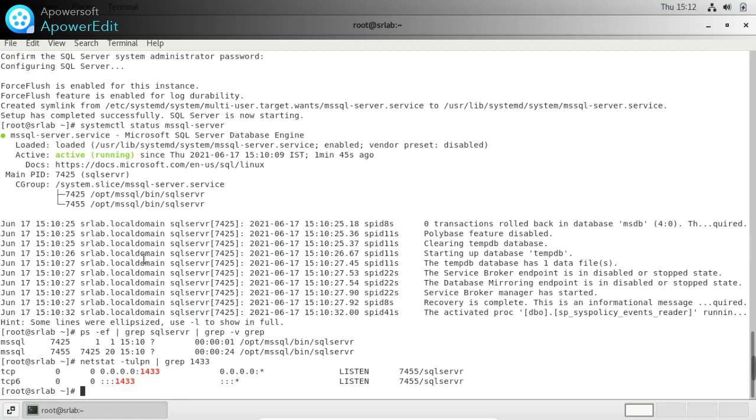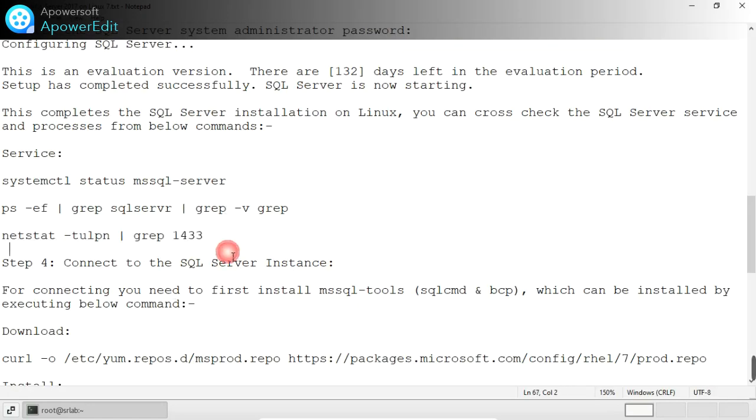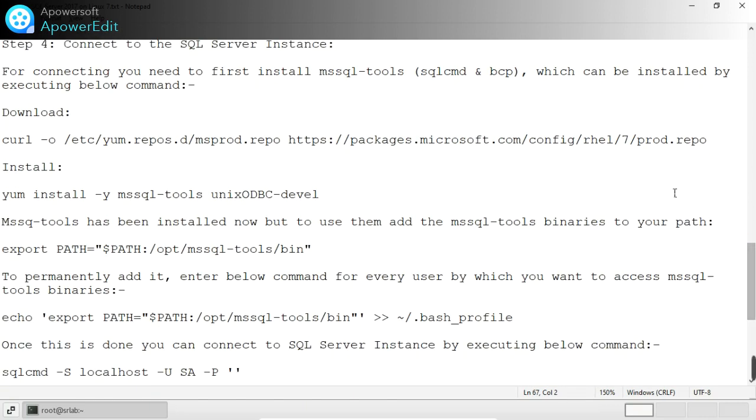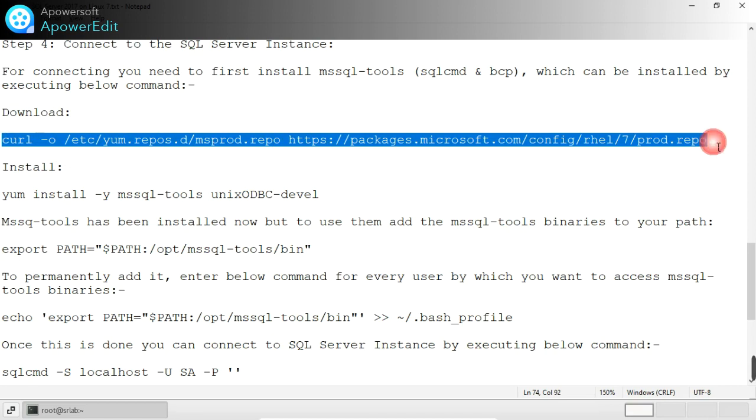Alright, and then step 4, connect to the SQL Server instance. What's the way we can connect to SQL Server on Linux? For connecting, you need to first install MS SQL tools, sqlcmd and bcp, which can be installed by executing the below command. For connecting to the SQL Server instance, we need the sqlcmd tool, MS SQL tools like sqlcmd and bcp.